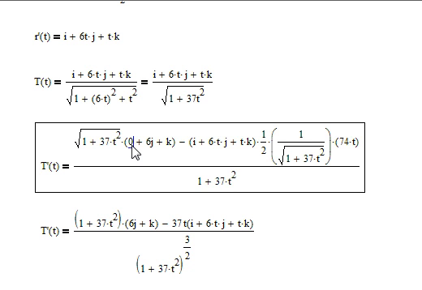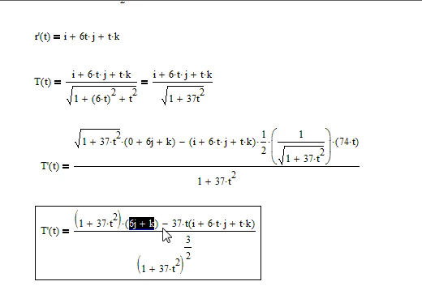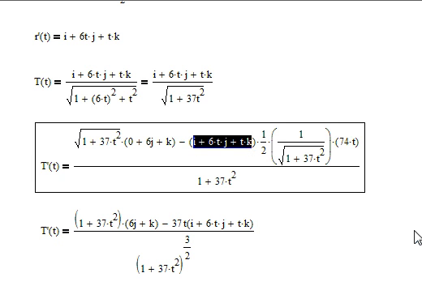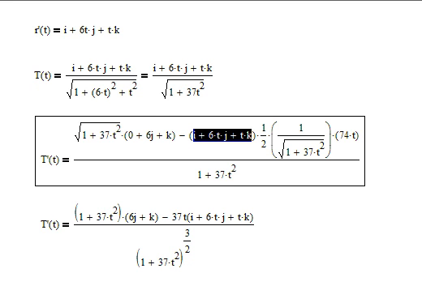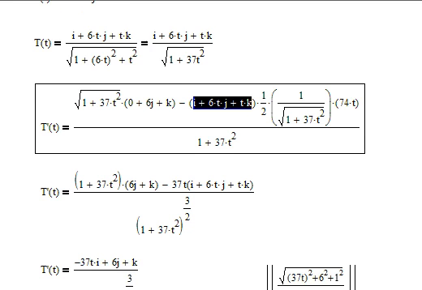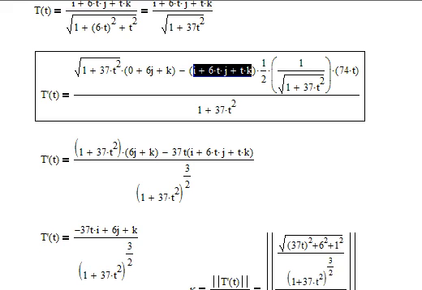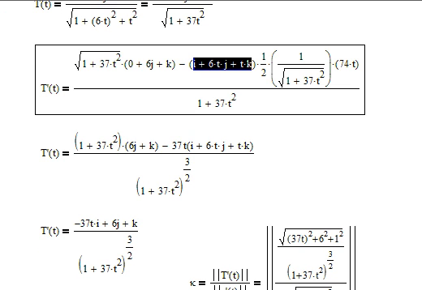Certainly we can take out that 0 and just make it 6j plus k. And this, the 74.5 cancel, giving us 37 times the r prime vector itself. And so now we get this mess as T prime of t, and so wanting to simplify that mess,